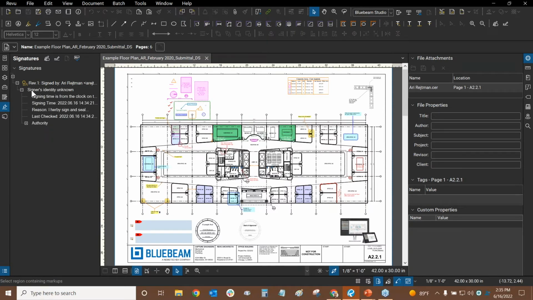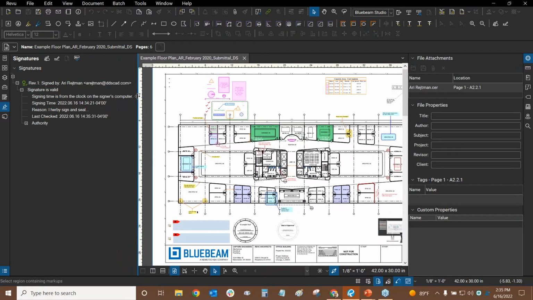It's also saying signer's identity unknown, which I find very funny. It's always some random error here. So to fix this, all we need to do is click on validate signatures. And now the signature has read the digital ID information that is found in my trusted identities list and in the signature itself. And so it says signature is valid, everything's looking great, and this text here looks very